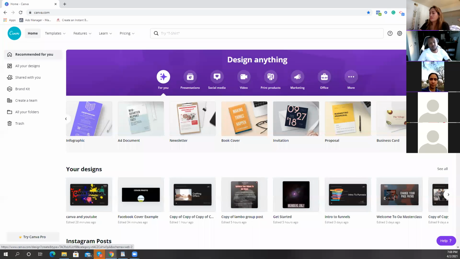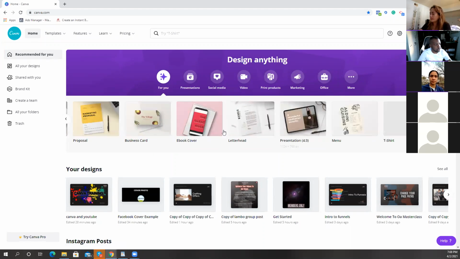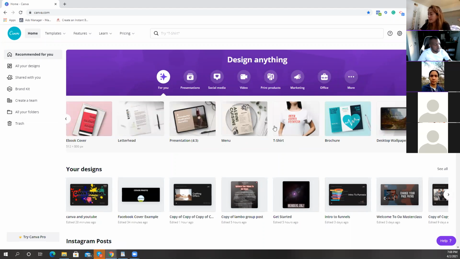I mean, the list just goes on and on and on, right? All you have to do is just scroll through here and it will give you all the options that you can use Canva for. But the primary things that you're going to be using Canva for are Facebook cover photos, Facebook feature photos, YouTube banners, YouTube thumbnails, email book covers, and social media posts, whether that's Instagram, Facebook, LinkedIn, TikToks